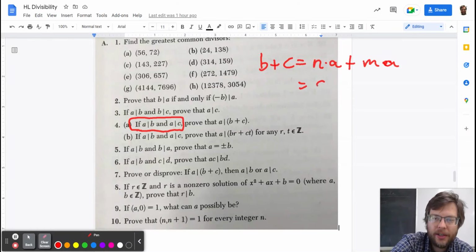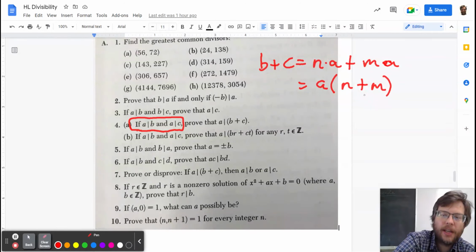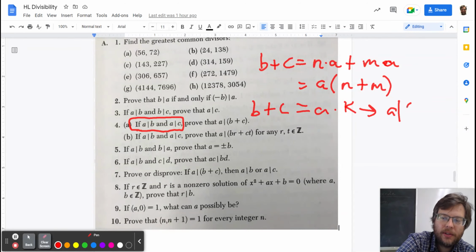I can factor an A out, and that allows me, if you think about the distributive property, to write it like that, A times (N plus M). And we can call that A times K. And so what we know is B plus C is A times K,